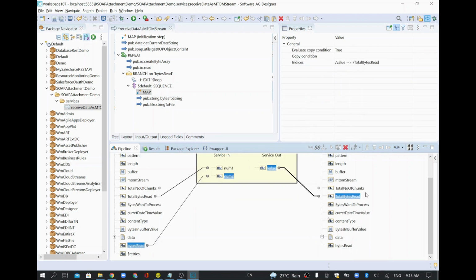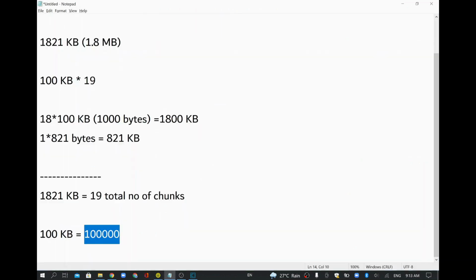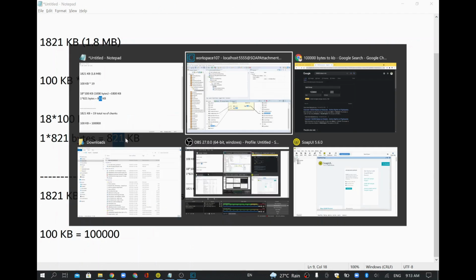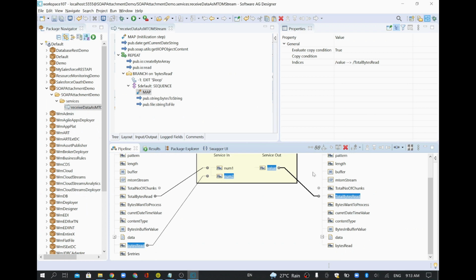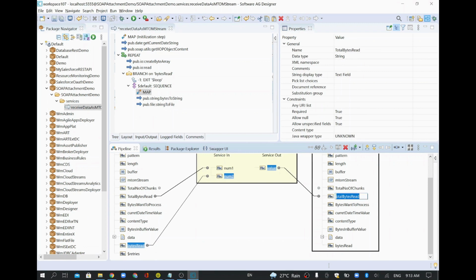For example, I'm reading 100 KB, next time 100 KB, so 200, 300, and every time it will get added. Whatever remains: 18 times 100 KB is 1800, and then I think we have 1821, is it? So we have 1821. The last chunk, or last bytes read, will be 21 KB only. So that 21 KB also finally gets added in the 19th run, and everything will get appended and stored here. So whenever you run it for a different file, you will be able to see how many bytes were read in that particular program. Okay, so that is done.